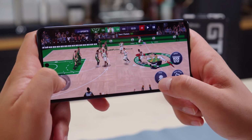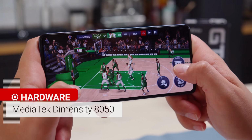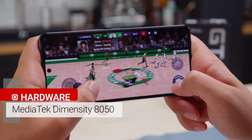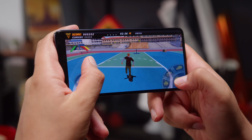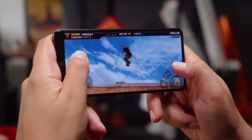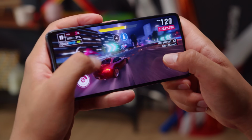Now let's talk about the phone's chipset. It's a MediaTek Dimensity 8050, which is technically a brand new chip, but is almost identical to both the Dimensity 1300 and Dimensity 1200 we saw in past years. Judging by the benchmarks, the Dimensity 8050 is well optimized, and it performs on par with the Dimensity 1300, as we expected. That's enough to give the GT10 Pro a significant edge over its competitors in terms of both CPU